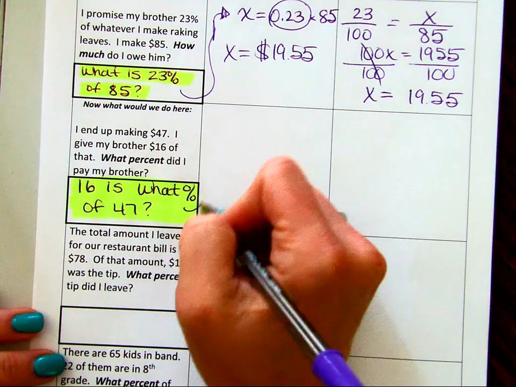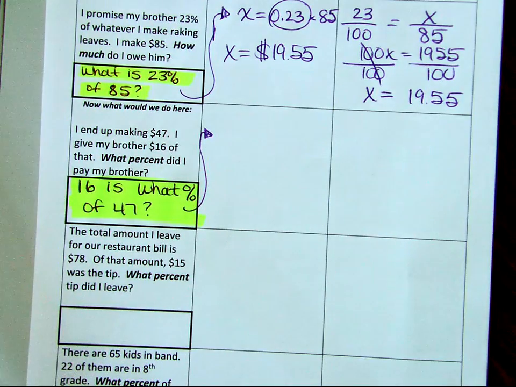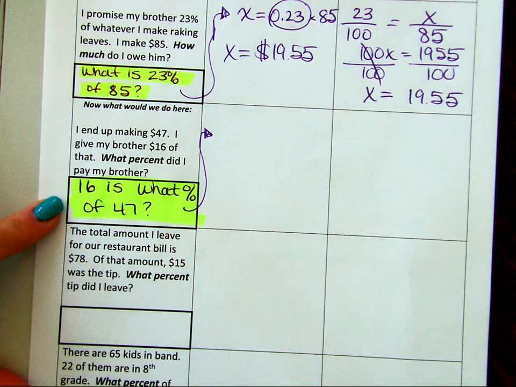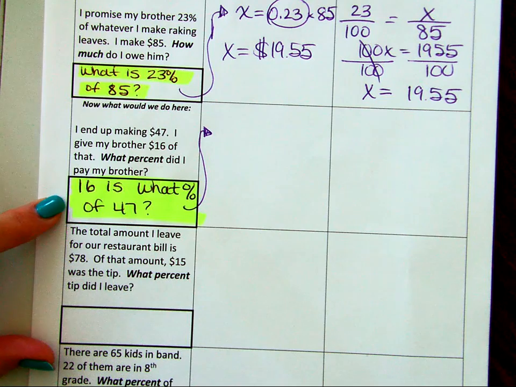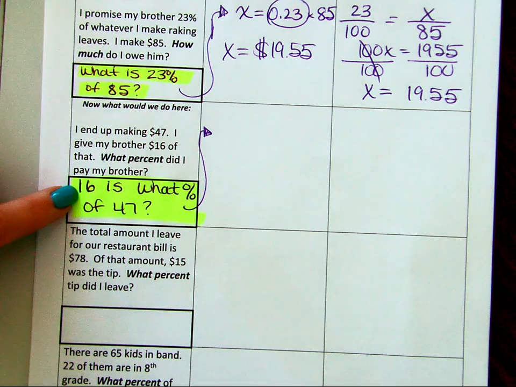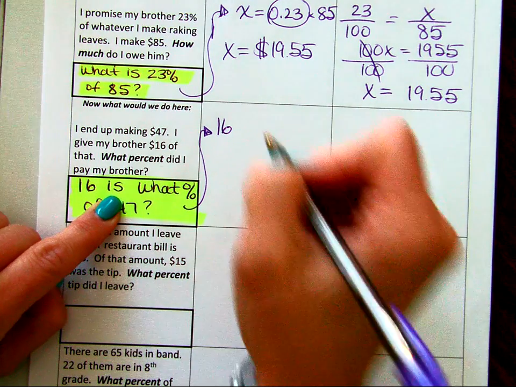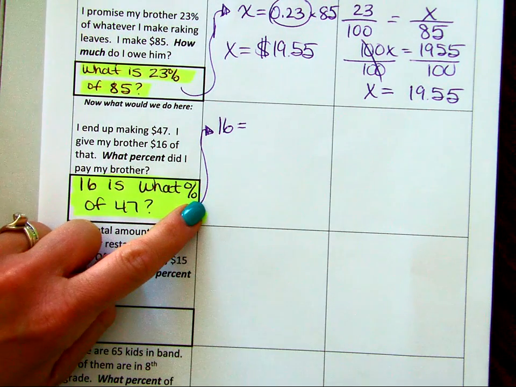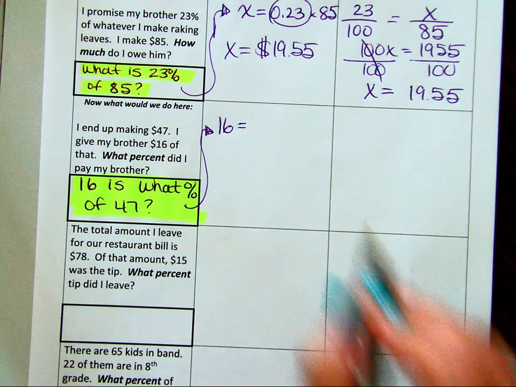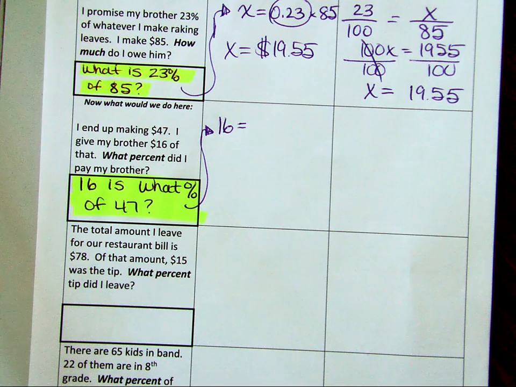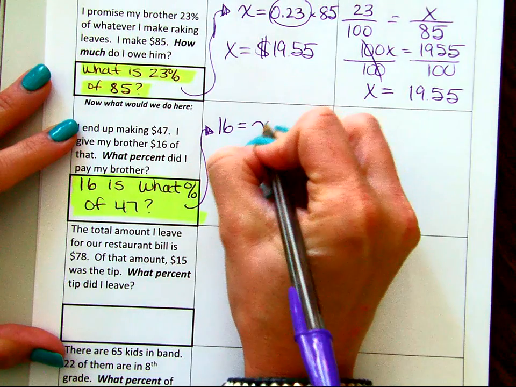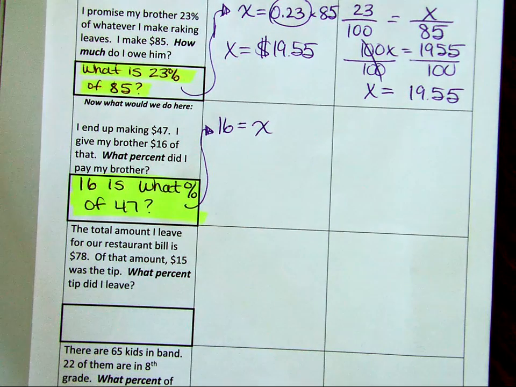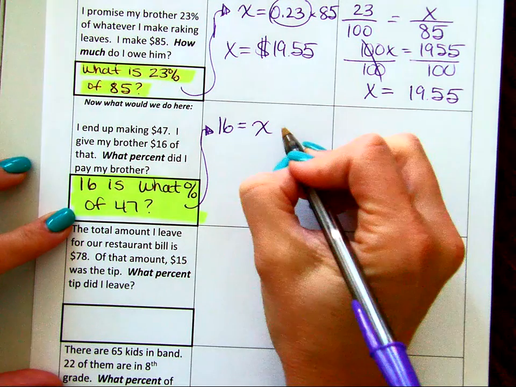All right. Because now we have to translate it. Coming up with this box is really important. Are you ready? One word at a time. 16 is 16. Is means equals, right? What percent? I know what you're thinking. Should you put a percent sign here? Anytime you don't know something, in algebra, you use what? An X. Good. What percent? That means that little X. Of means times